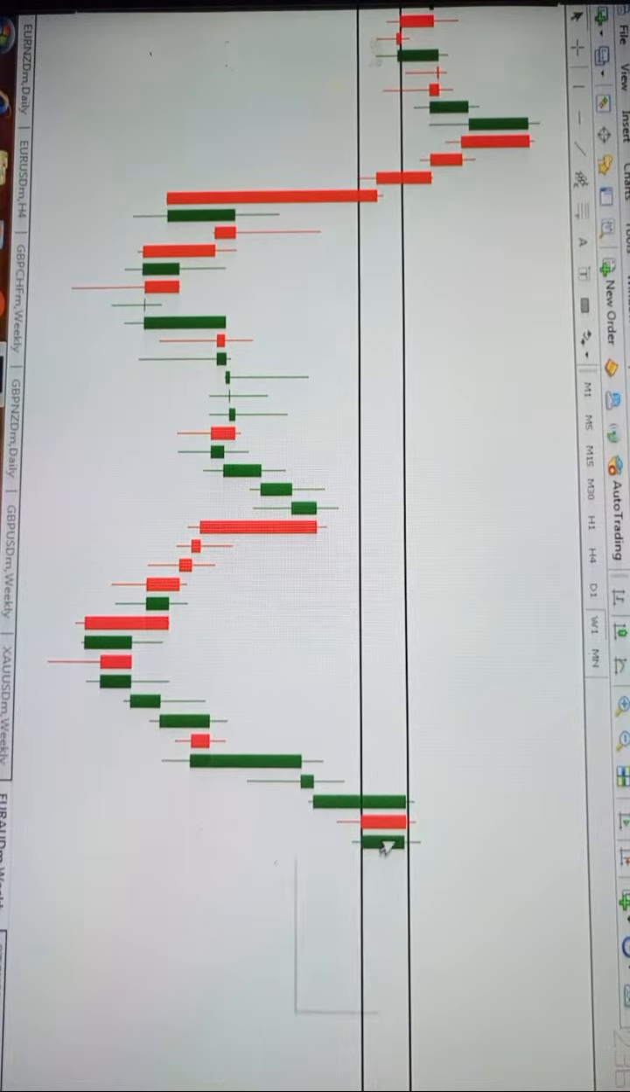Maybe it will close as a railway track. A railway track is a candle which has almost the same size and the same shape. Now if we come to H4,